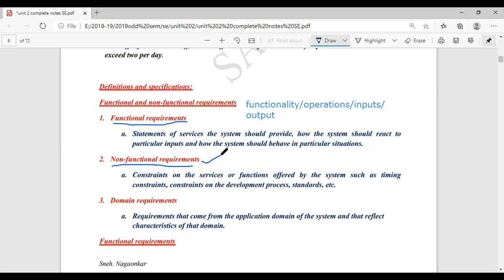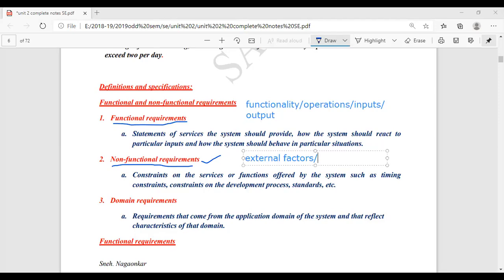So what are those non-technical aspects, or the factors that affect our software externally? Non-functional requirements are all about external factors, the factors which are external to our software.